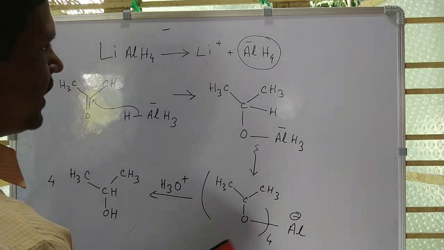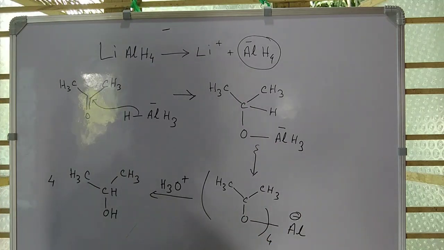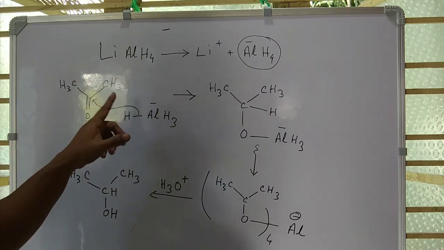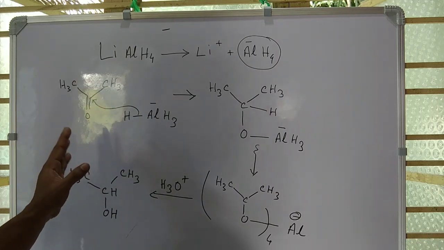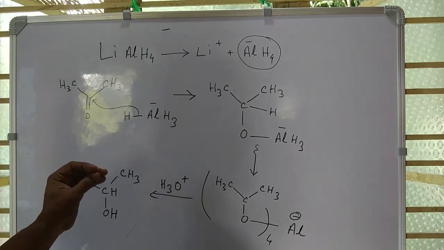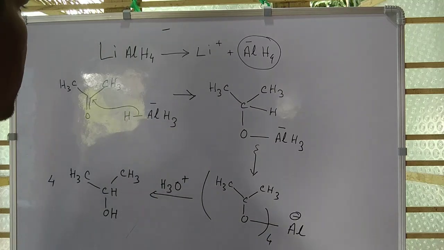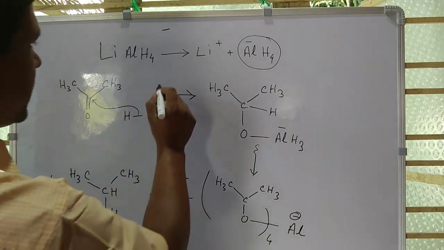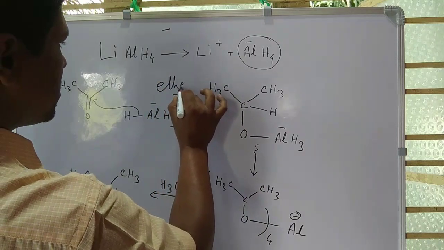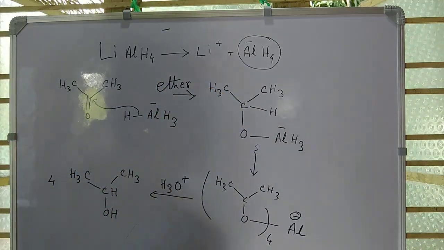Lithium aluminum hydride is very reactive towards the solvent water. So when we use lithium aluminum hydride in the reduction process, we cannot use water as the solvent medium, because it reacts with the active hydrogen of the solvent. So generally lithium aluminum hydride is used with ether. In this reaction, the medium is ether. That means a non-hydroxylic solvent has to be used.